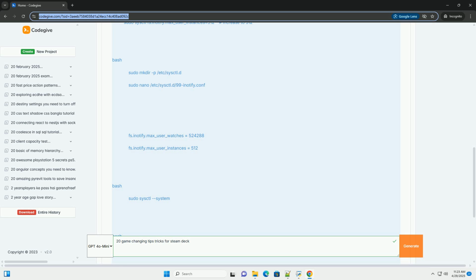17. Stream your games with Moonlight. Why: if you have a powerful gaming PC, you can stream games to your Steam Deck using Moonlight. This allows you to play demanding games on the deck without the deck itself having to handle the processing power. How: